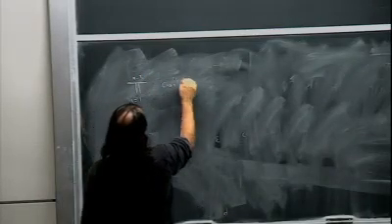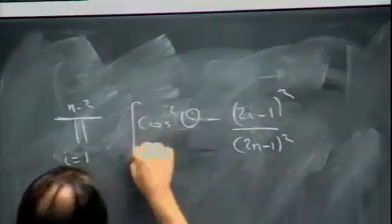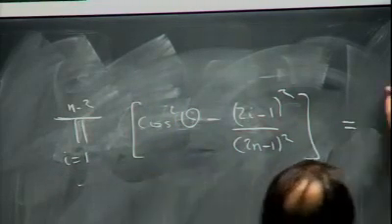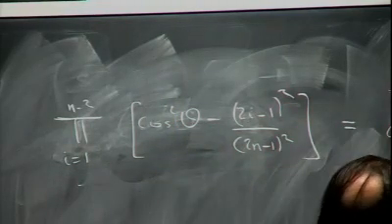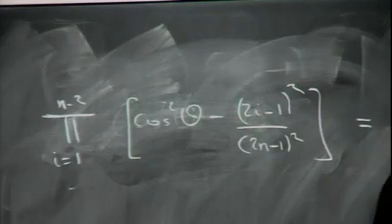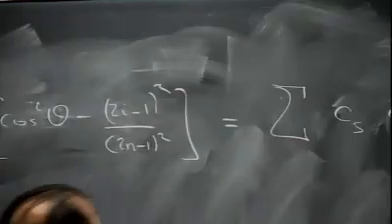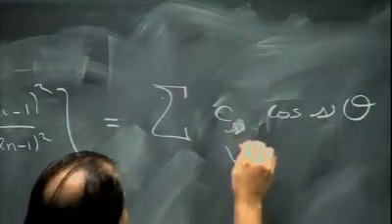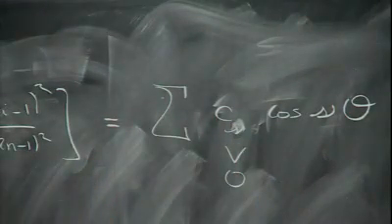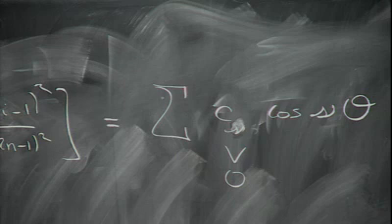is that this funny polynomial, the product over i from 1 to n minus 2 of cos squared theta minus (2i minus 1) squared over (2n minus 1) squared, can be written as a sum, just a sum over cosine s theta, c_s cosine s theta. It's the most simple, straight Fourier expansion. Okay? With